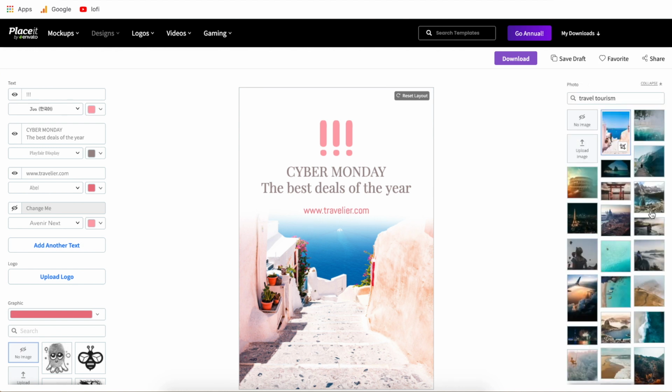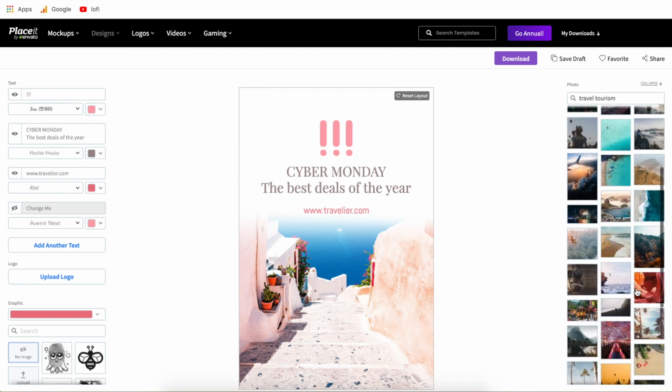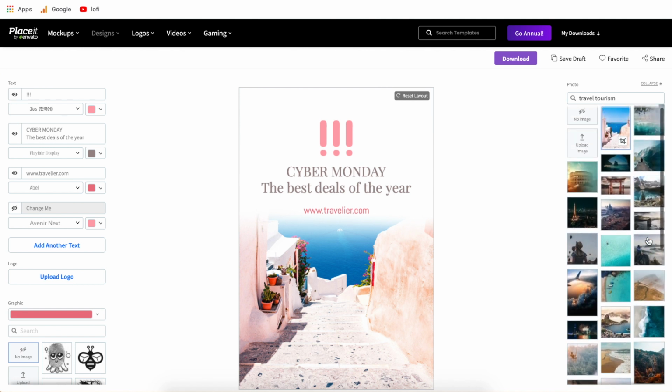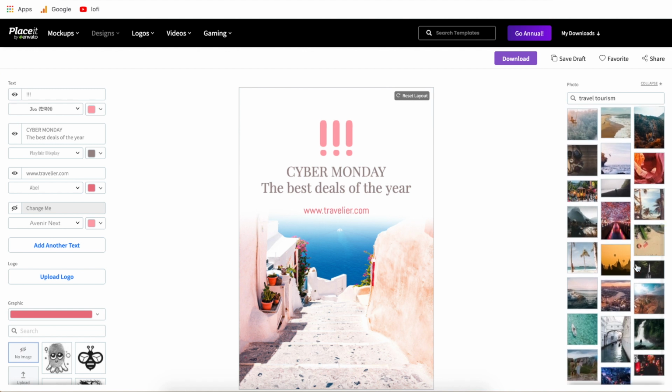All of these images that they allow you to use are commercially usable. What that means is if your business makes a profit and you're creating Pinterest pins as ways to draw in traffic to your website or what have you, but at the end of the day, you are going to be making a profit from these posts, then you need to make sure that all the graphics and anything that you use in your designs are commercially usable. Well, instead of taking your own photos or going to different websites and purchasing the rights to use the images, when you use Placeit.net, all of these images are already commercially usable.